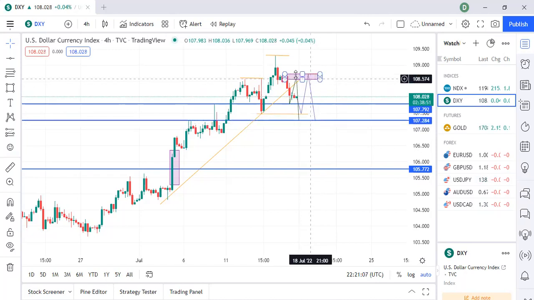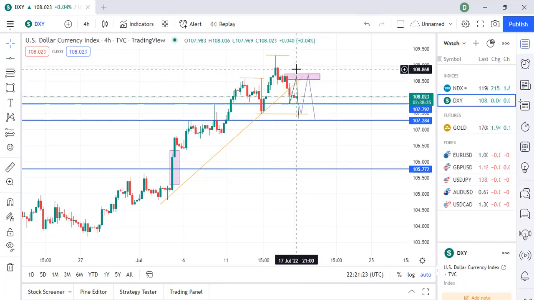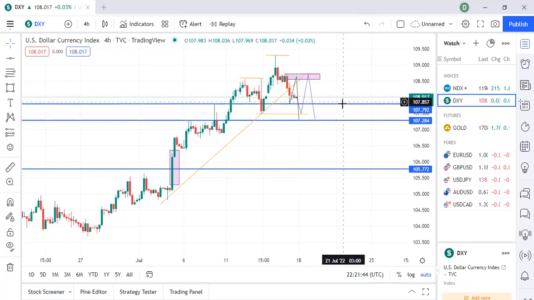Now, if you are looking to take a trade here, note that this is not a confirmed downtrend. But if we want to base our entry on a trend line breakout and retest, we can take an entry here, and then take a very tight stop loss to prevent any form of losses. But I normally don't even trade the DXY. I only use it as a guideline to know what will happen on the other assets that I'm trading.